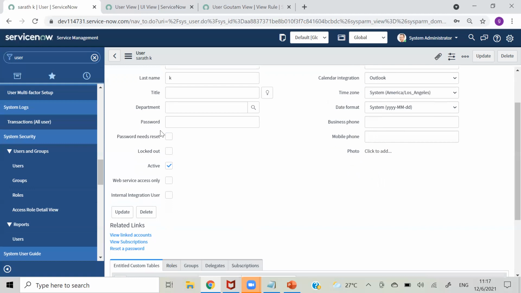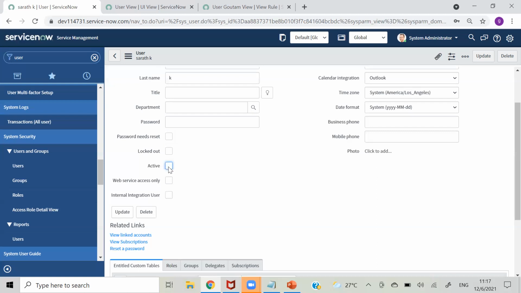So here you can see we have some checkboxes. Password needs reset. If we allow this, the user will be able to reset his password. Okay, that is one thing. And in ServiceNow, we have seen that all the records will have active. Like if active is true, it means that this Sharath.k is an active user. He will be able to log in.